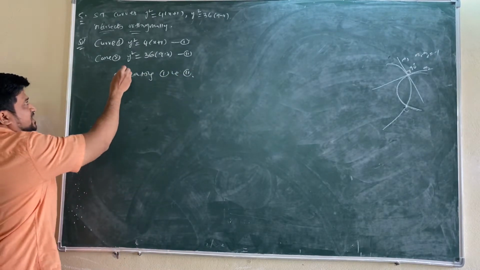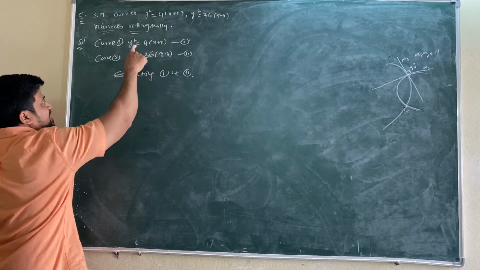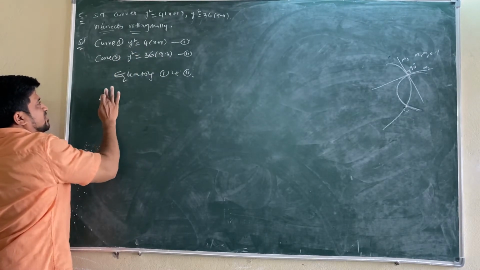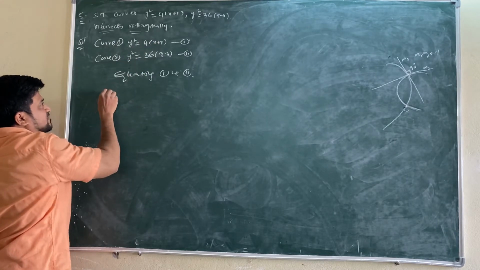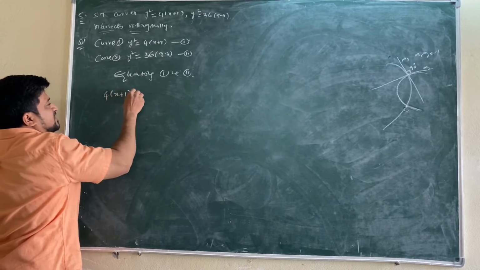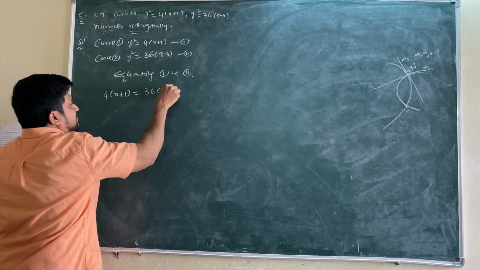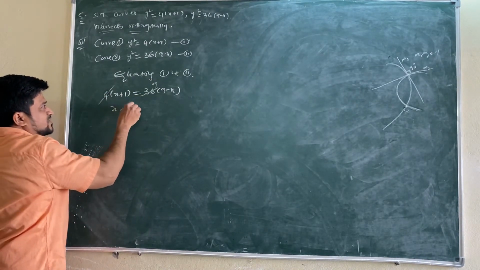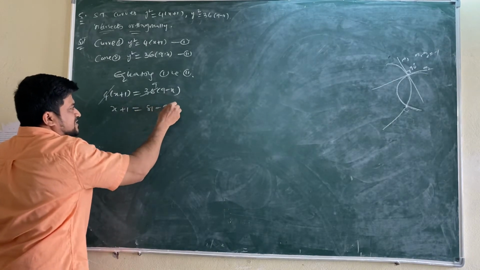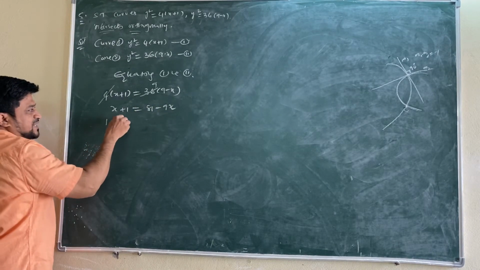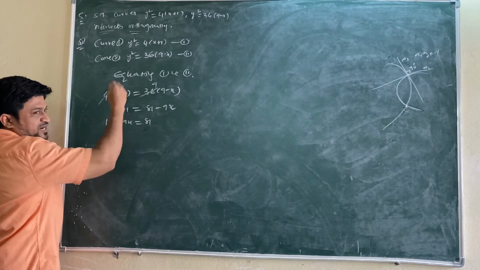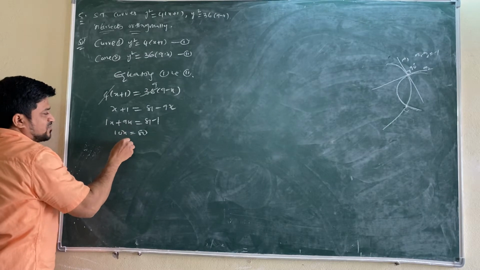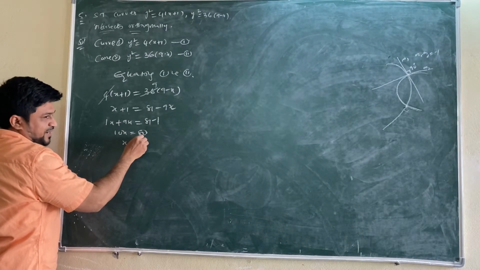How will we get that point? Check it out. Y square, now substituting the second in the first. This value I am substituting in this one. 4 into x plus 1 equals 36 into 9 minus x. The multiples outside will get cancelled, 4 nines. So x plus 1 equals 81 minus 9x. Minus 9x comes here as plus 9x. 81 is there already, 1 comes here as minus 1. 10x equals 80. X equals 80 by 10.